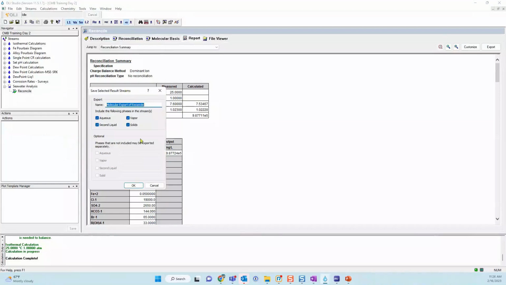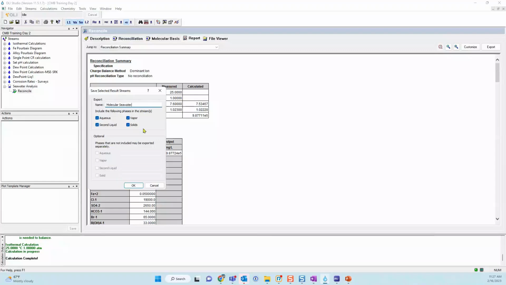And that opens a new window. I have shown this window before. What this window does is, anything that we enter as an anion and a cation is going to be converted into a molecular stream. Why? Because the software likes to keep everything electroneutral, and if you keep anions and cations separate, it just complicates things. So let's just change the name to molecular seawater.